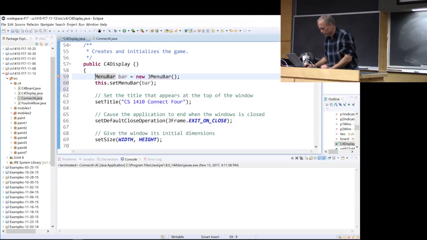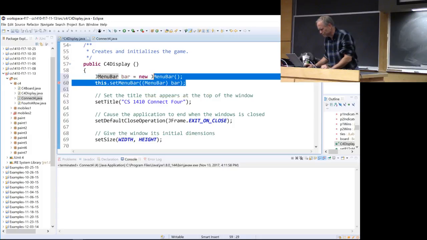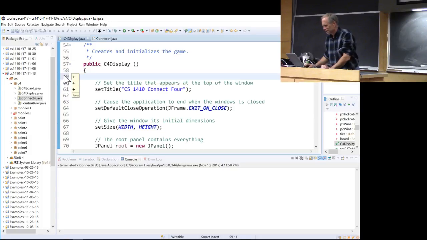It's been too long since I've done it. Create the menu bar. Okay, I give up. But anyway,